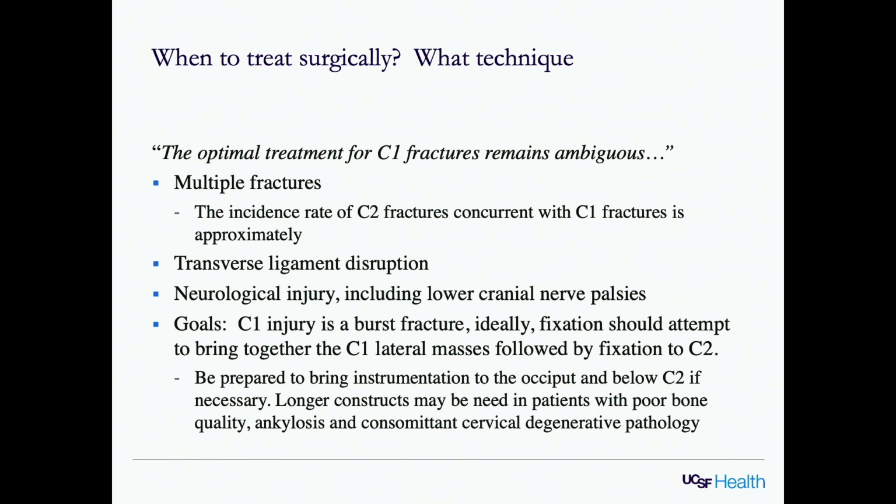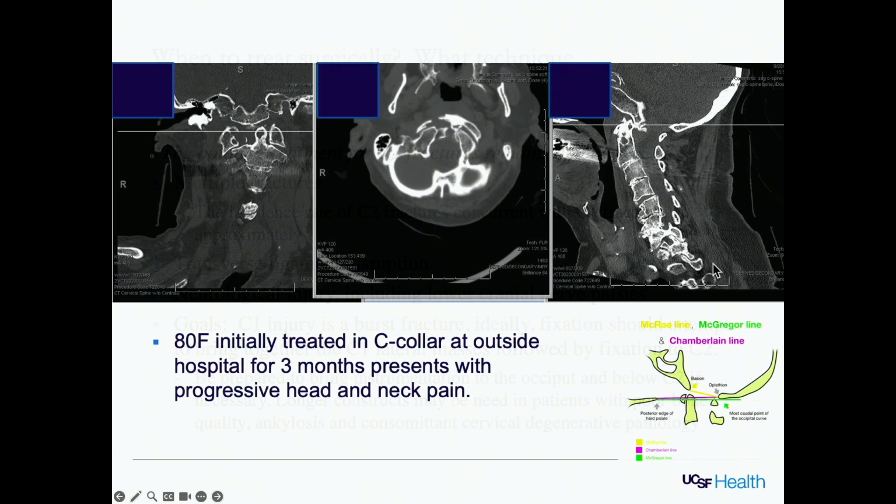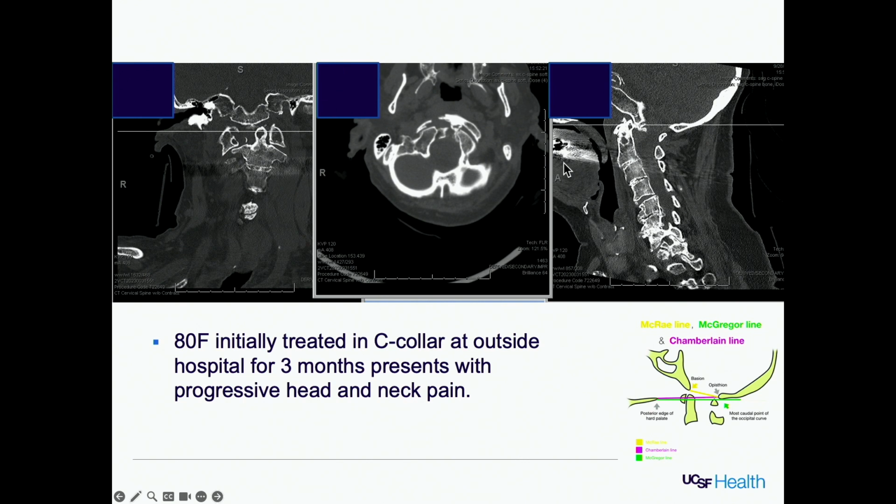There's not an optimal course. In general, though, often spinal orthosis is applied in the early line. So when I see the patients, I usually see them after 3-4 months of treatment in a collar, and there's been progression of the deformity. And this patient, 80 years old, has separation of the C1 lateral mass, and she had severe occipital pain and some cranial settling associated with this.